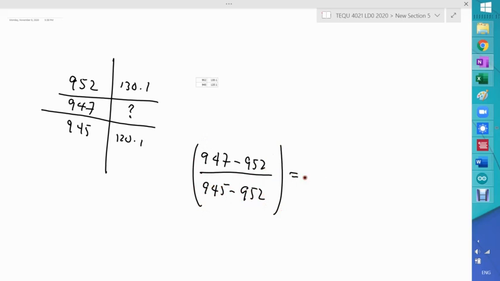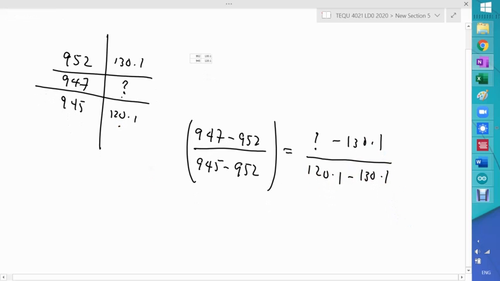That has to be equal to this number that I don't know, less 130.1, the same order, don't change the order, this one minus this one. So it's going to be 120.1 minus 130.1. All right? So this will be a number, a kind of slope just for the sake of the argument, and multiply that by this difference,